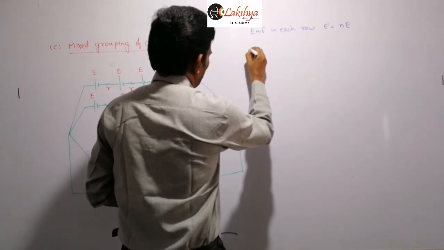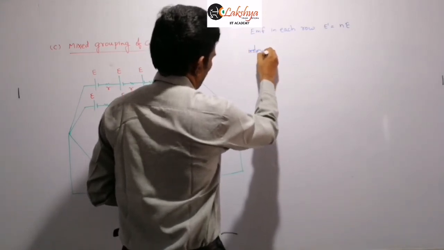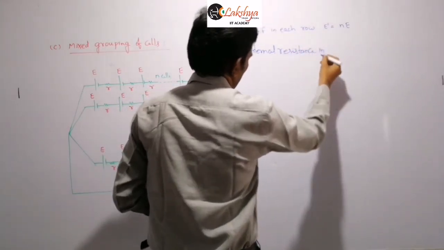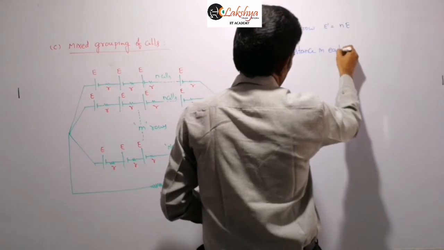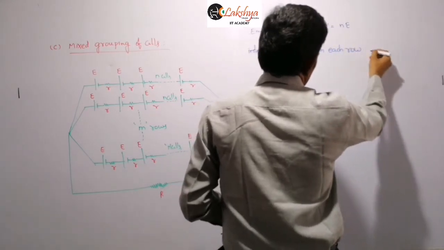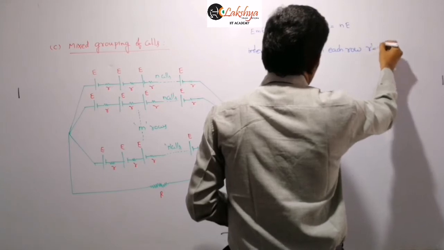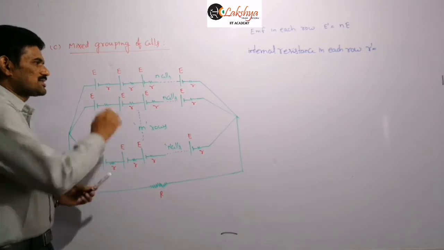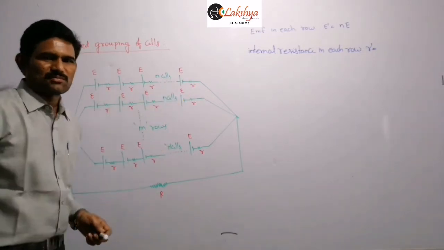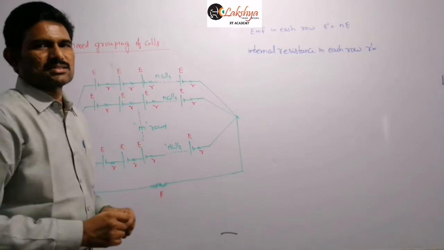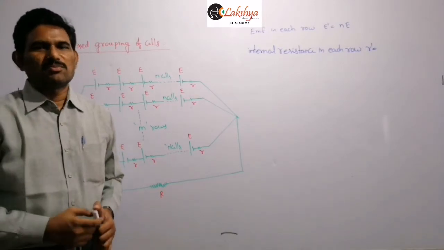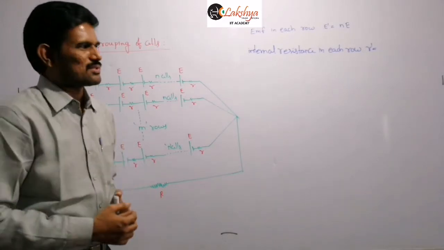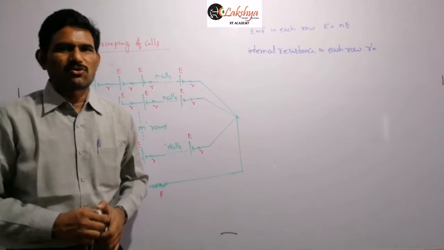internal resistance in each row. So let's suppose I am taking this as some R dash value here. Now again, in each row all these internal resistors are in series. So when n identical resistors are in series, the effective resistance will be equal to n times that of R. We already discussed this in the previous weeks, when we were discussing the series and parallel combination of resistors.